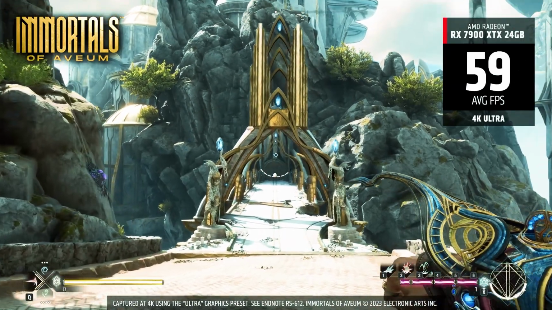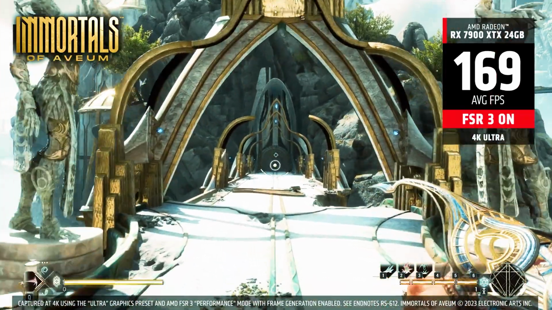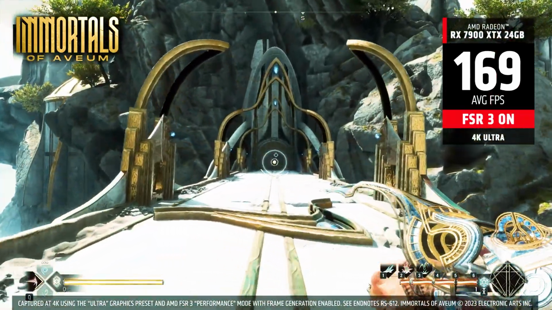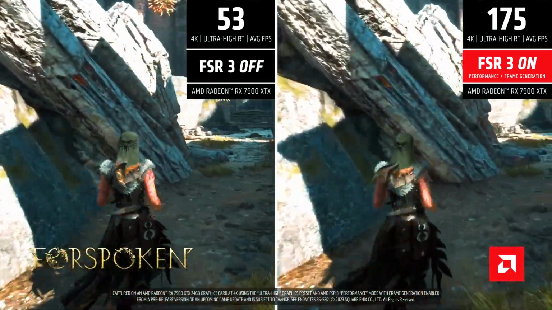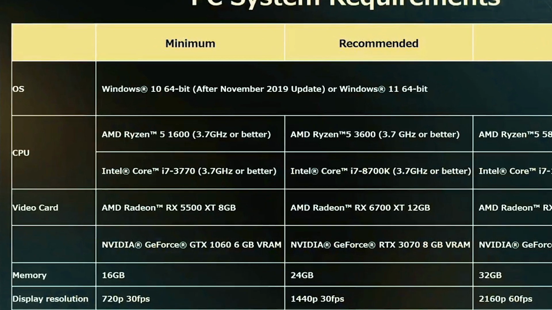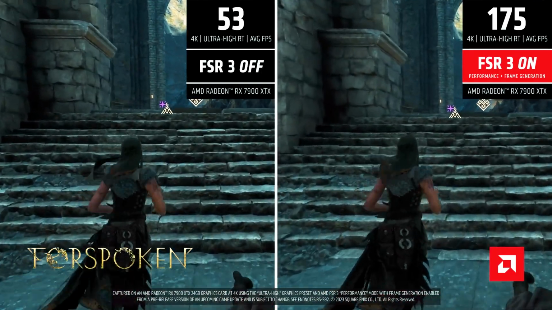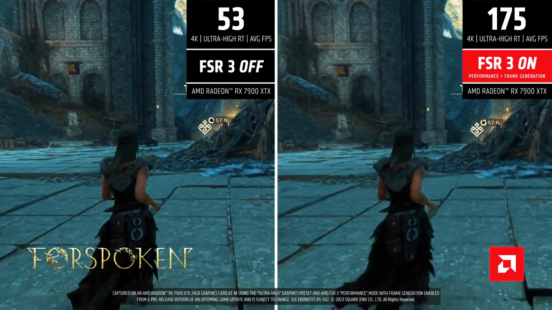You also have to wait for games to actually support FSR3 and DLSS 3.5. FSR3 is available and currently supports two games, Forspoken and Immortals of Aveum, of which Forspoken has a GPU requirement of either an RX 5500 or a GTX 1060. Interestingly enough, if it's an AMD partnered game, an early adopter of FSR3, but it can run on a 6GB graphics card like a 1060, why require 8GB of VRAM on your own GPU? Does that tell us that the days of Polaris are also long gone? We may just have to take a look at that in a future video.